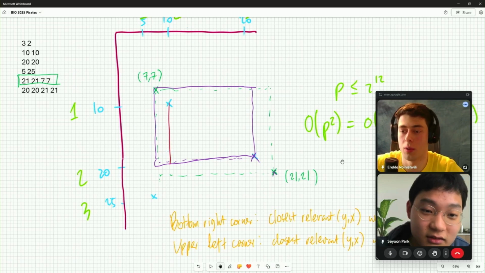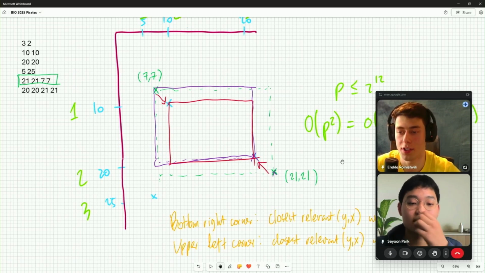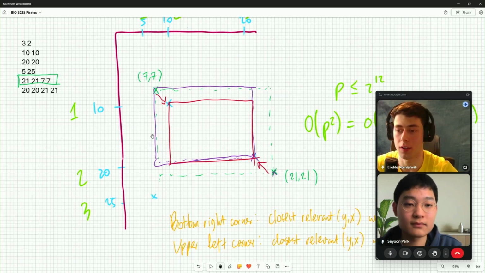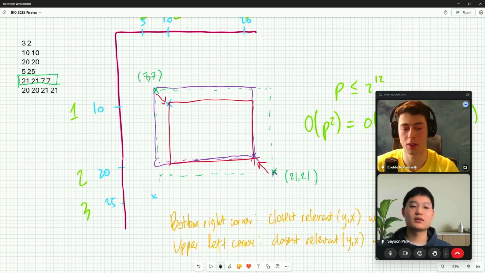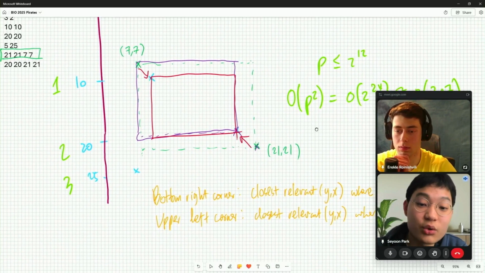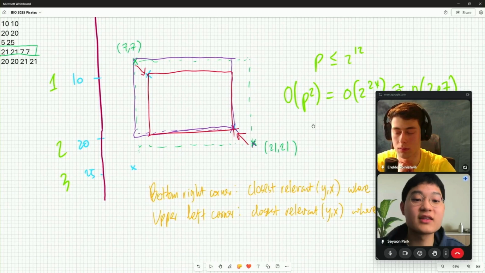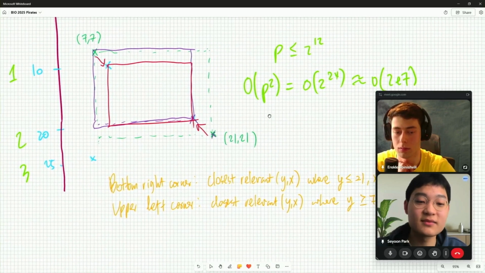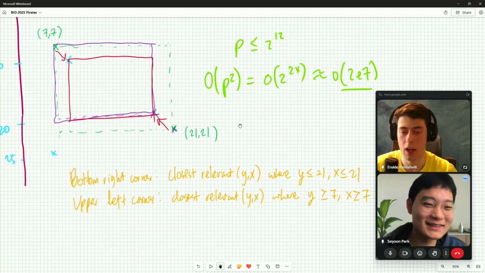I see. So the issue that you faced is that you have the points now with compressed coordinates, but the original rectangles you had are still using the original coordinates. So you need to somehow convert them into compressed coordinates, but they might not directly correspond to compressed coordinates. Yeah, so they don't directly correspond. So I need to find the closest relevant point where that is compressible, and then after we convert them, we can compress them. Does that make sense? Yeah.